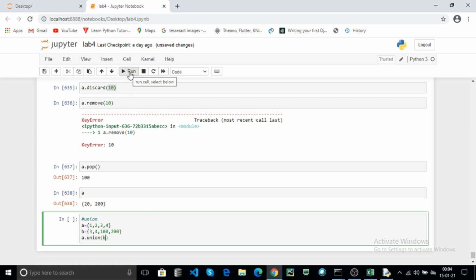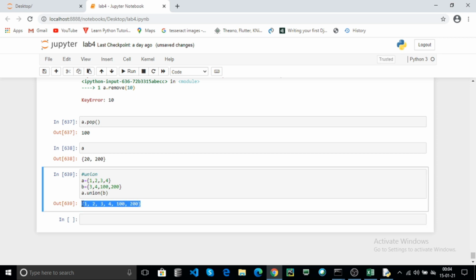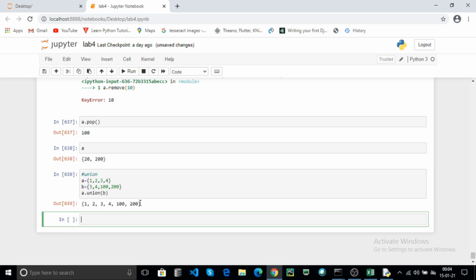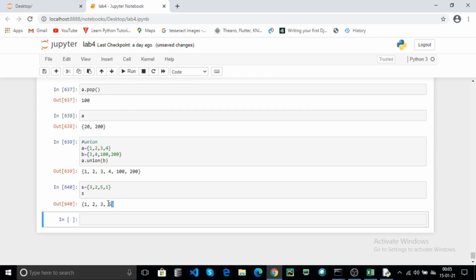Here it returns both set values without duplicating entries. Automatically the set will be in sorted order. For example, your S contains, for example, set 3, 2, 5, 1. You can print S. It will be in sorted order without duplicate elements.